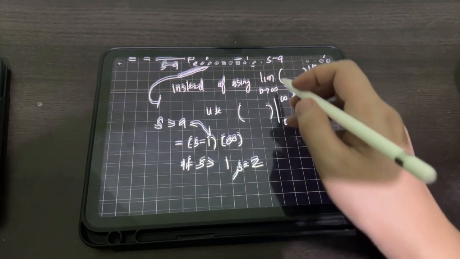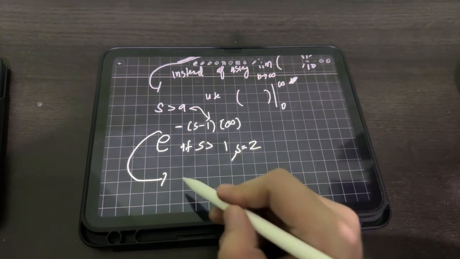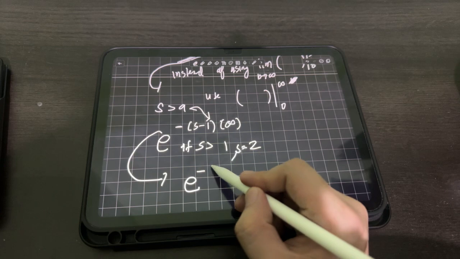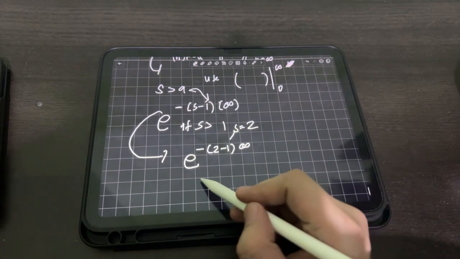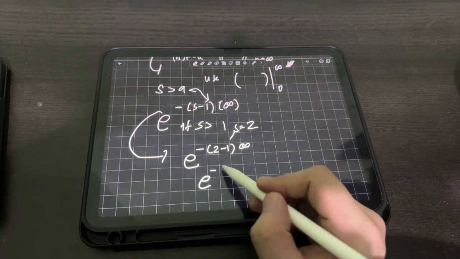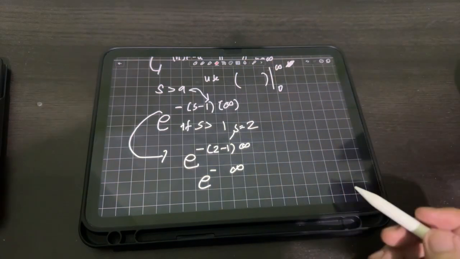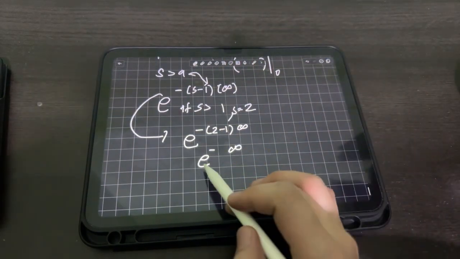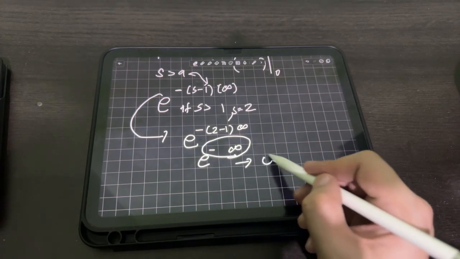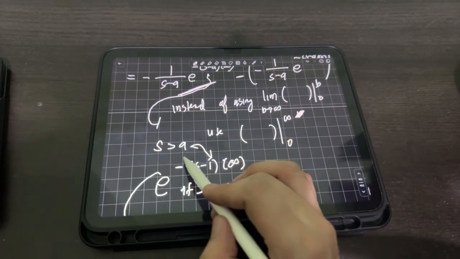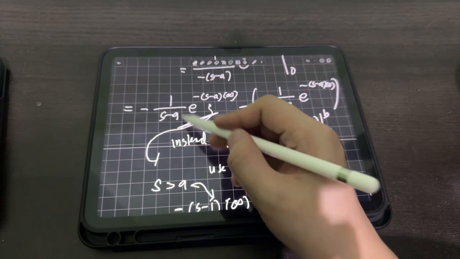Say s is 2. So this is e raised to negative s minus 1 to infinity. So e raised to negative, substitute 2, 2 minus 1 times infinity, this turns out to be negative of 2 minus 1, which is 1, times infinity, or simply negative infinity. This is what we want, right? The e should be raised to negative infinity so that it will approach 0. So therefore, our assumption is correct that if we assign s to be greater than a, this expression or term